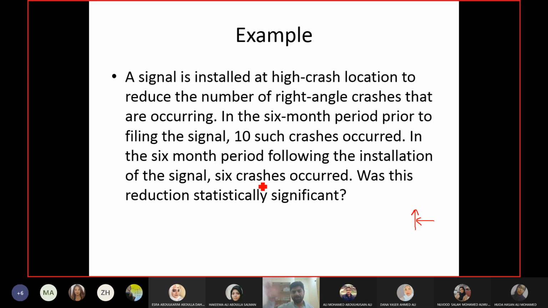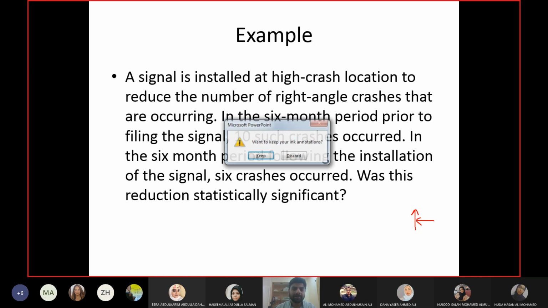So the first point is checked. They did not actually increase the number of accidents. Now, as I said, in this case you should apply the graphical approach. You should go for the graph because the after crashes are less than 10. But just for the sake of explanation and your practice, I will calculate the z value as well. Ideally, you should use the graph. Let us calculate the z value now.